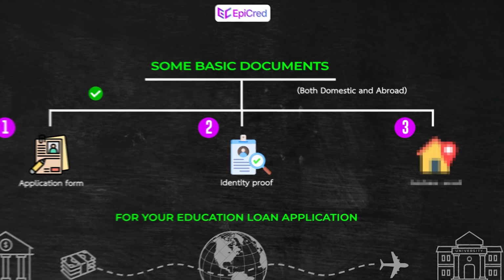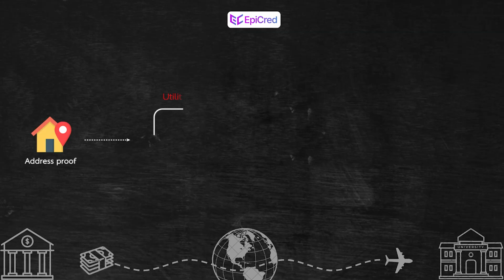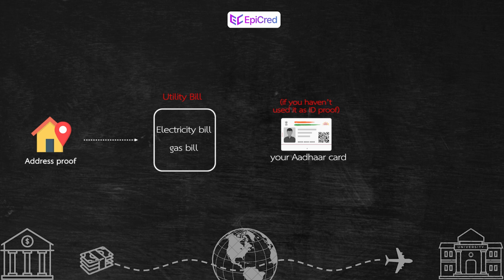Next, you'll need to provide the proof of your address. This could be your utility bill like the electricity or gas bill, your Aadhaar card if you haven't used it as an ID card proof, or a rental agreement if it's applicable. Along with that, you will need a few recent passport size photos, usually 2 to 3 according to the bank's